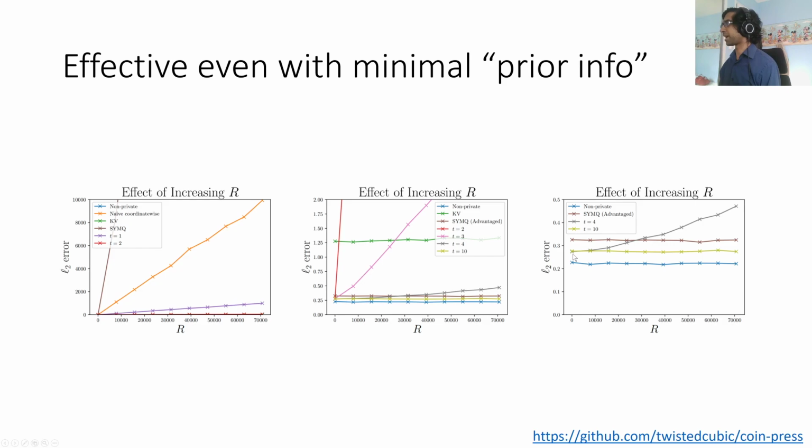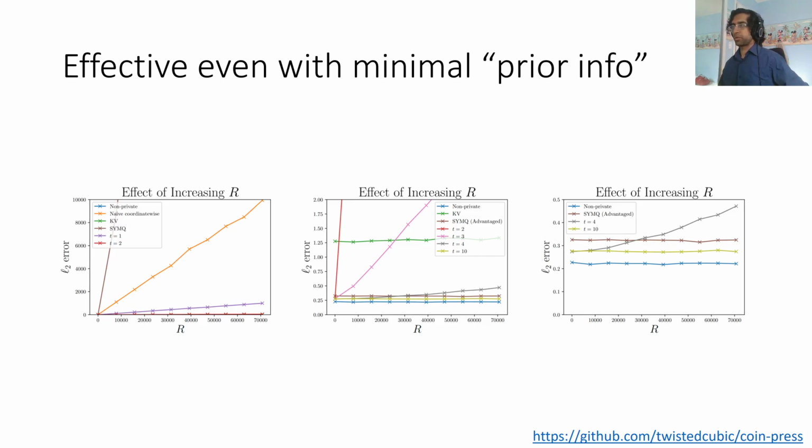In particular, we have to pay more privacy, or we get a weaker estimate for earlier iterations when we have large t. But you can see that even when we only have t equals 4, there's no real noticeable error difference for small r. So we can see that there's a non-private estimate. Our private estimate with t equals 10 is fairly close, and everything else seems to be worse. So recall that this is SimQ even when given twice as many samples, and this is t equals 4, which is fewer iterations, and that goes bad. But the punchline of this slide is just set your number of iterations to be rather large, and it'll be pretty good in most cases.